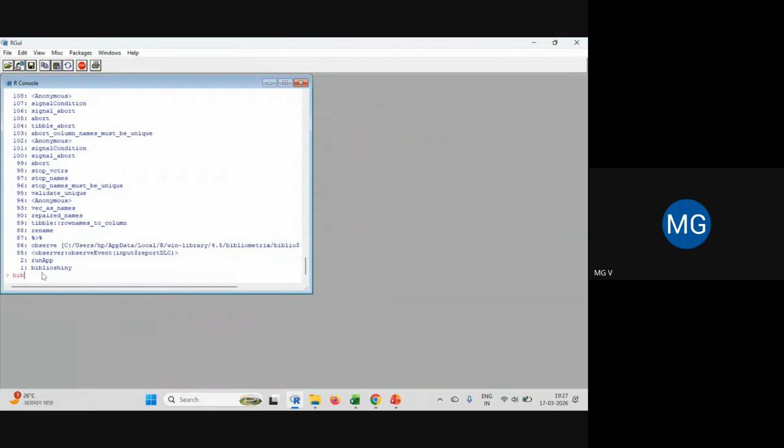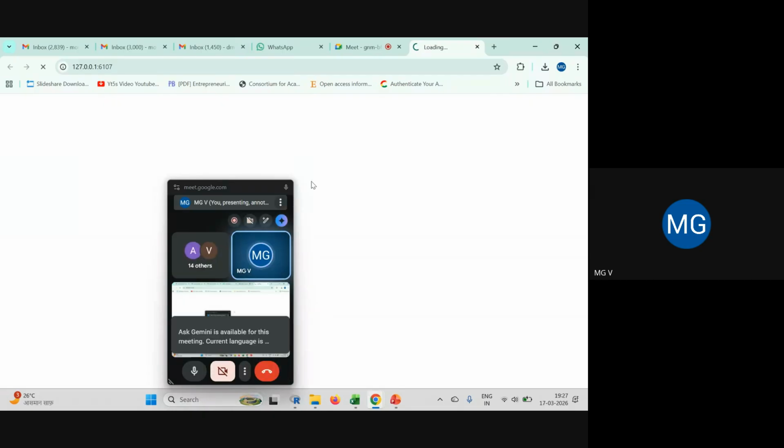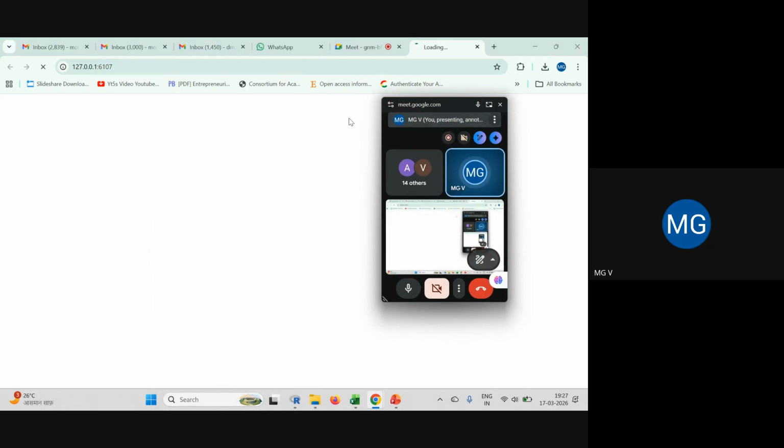Every time you have to give this command in R. This is the only thing you need to learn to use this software. Very easy, nothing to worry about that I do not know how to use R in detail and I am not much comfortable with commands of R. You just need basic information and you need to give just few commands. So I hope you understood how to use this software. If it will work, I will show it. Otherwise, we will discuss the PPTs and we will come back to software later on.